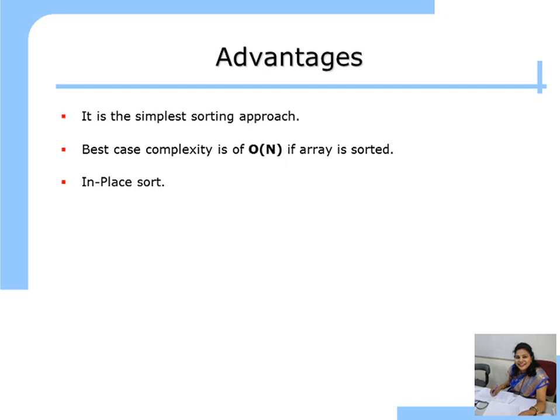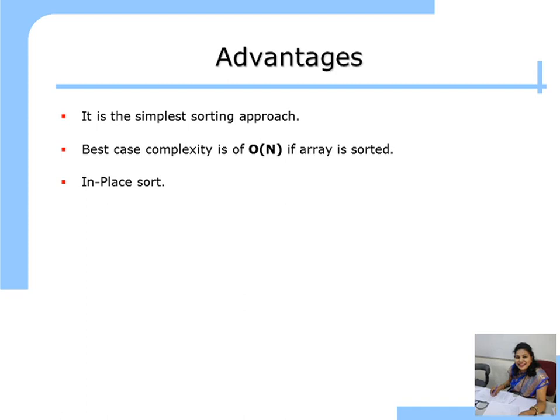So it is the simplest sorting approach. Advantages of bubble sort. First, it is simple. It is an in place sort. In place sort means what? We are doing the sorting in the input array only. Input size is 5 elements. 5 integer elements should be what? 10 bytes. So you require only 10 bytes to solve the whole problem. That means it is an in place sort. We didn't require extra space. Space complexity of bubble sort is very low.